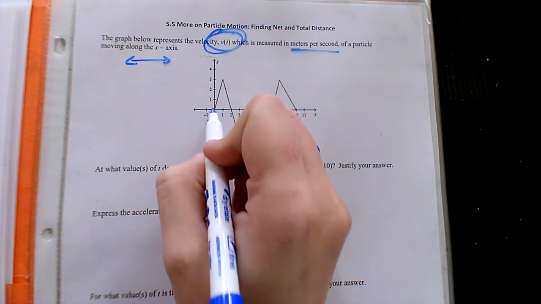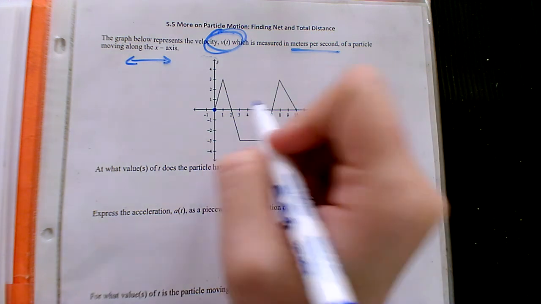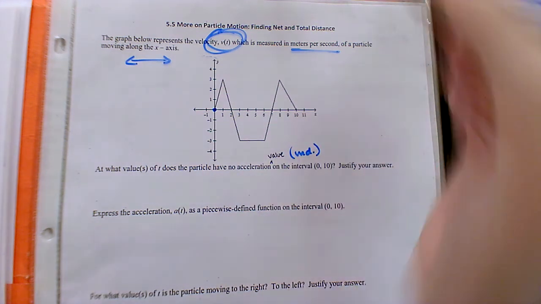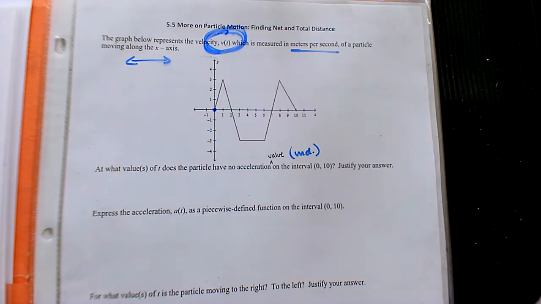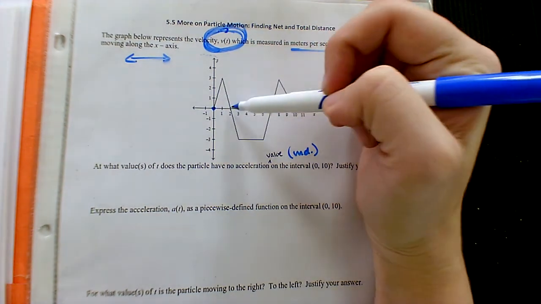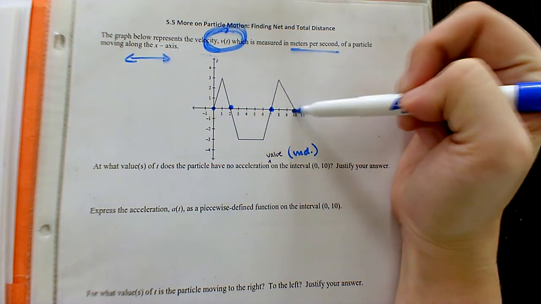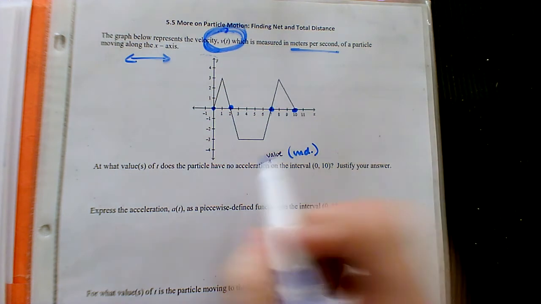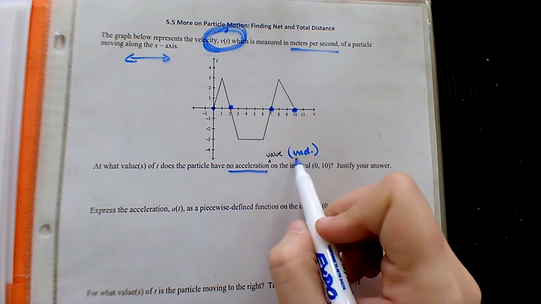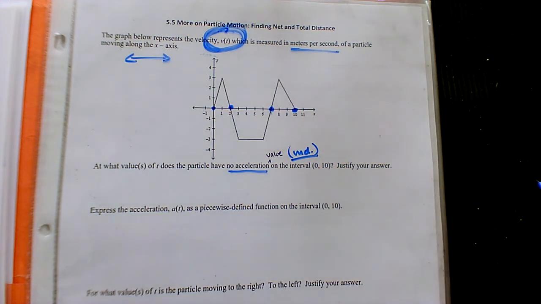When it equals 0. So, here? Well, no, like all the roots, when it crosses the x-axis. That's where velocity is 0, because this is the graph of velocity. It's 0 here, here, here, here. But it's asking for when is acceleration essentially undefined.